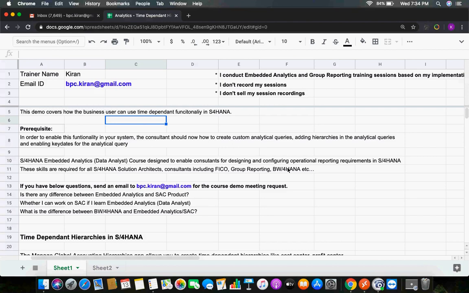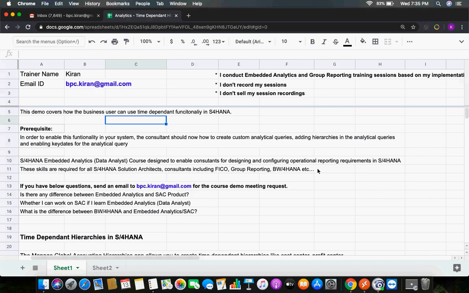Whatever old hierarchies are in S/4HANA, like old cost center hierarchies, those you can take to BW, from BW to BPC. But this functionality is new, so we still need to check whether these are available or not. This is only for operational reporting on the HANA side.